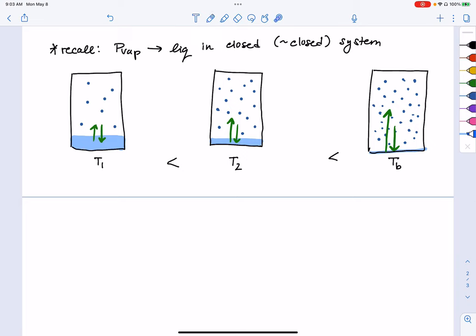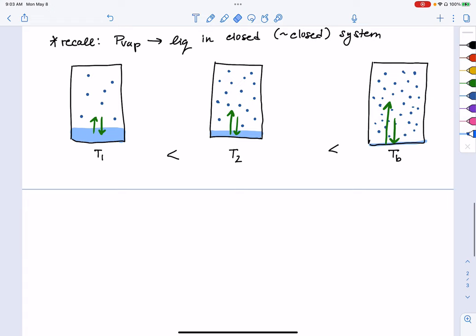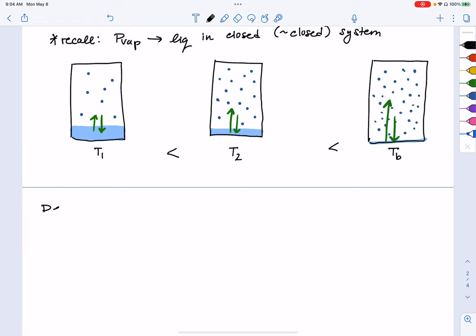So as we increase temperature, not only is the number of liquid particles available to escape into the vapor phase decreasing because we've shifted our equilibrium such that it favors that vaporization phase change, we're also now looking at putting a lot more of those gas particles into our closed container. And that is going to see a huge spike in our vapor pressure. So much so that, by definition, the boiling point of a liquid,